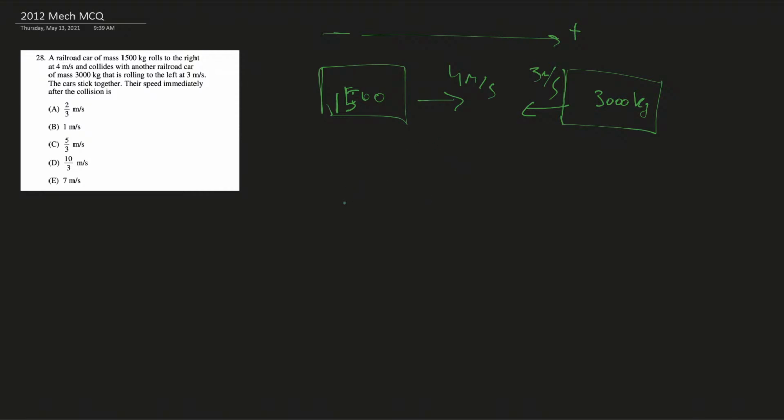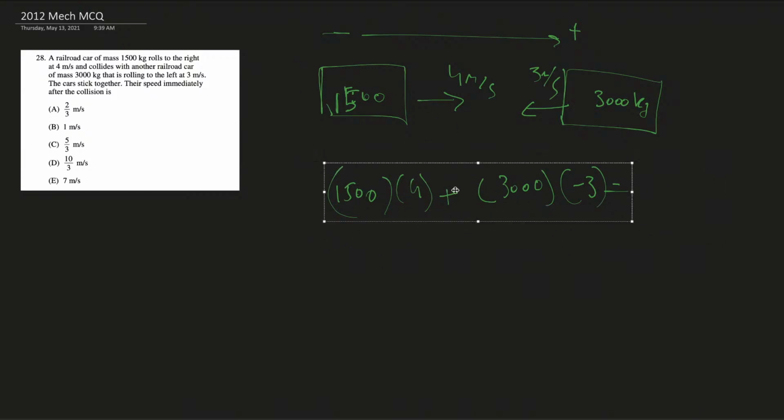So we get 1,500 multiplied by 4 to the right plus 3,000, and this is the initial momentum. The velocity is going to be -3, because the velocity vector is pointing to the left, and again, we regarded that as negative. You could have swapped it and said this is negative and this is positive, but it still works out fine. And so all of that is equal to, well, because they tell us that they stick together,